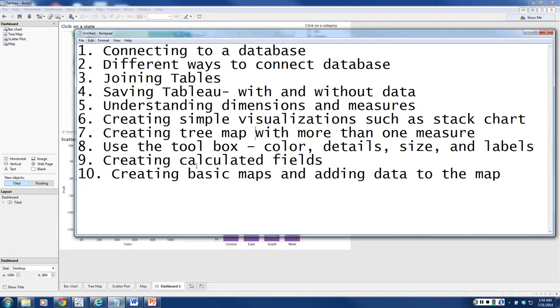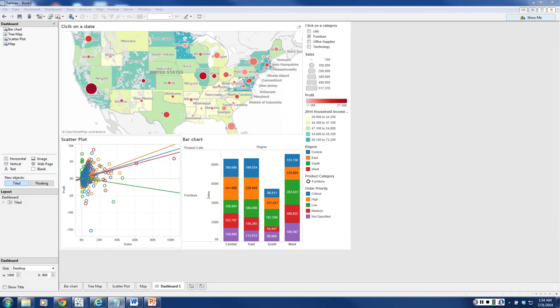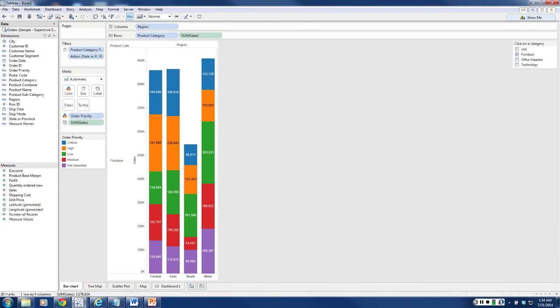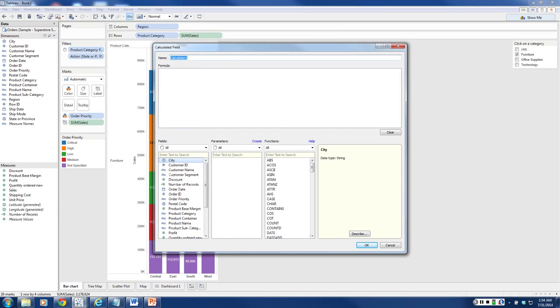And one thing we didn't create is something called calculated fields, which we might use in some of the elements. For example, if we have a bar chart and we want to display, let's say, gross profit, which is sales minus profit, I would be allowed to create a measure, and I'll just right click here and click on create calculated field, name the calculated field as gross profit, and then I would be able to select